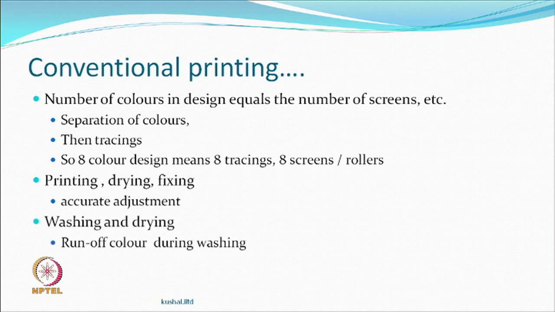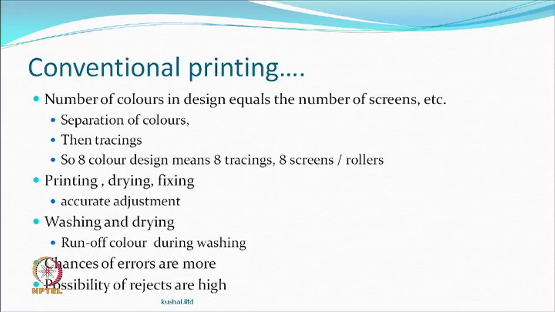Then washing and drying, of course, has to be done. The runoff color during this whole process, you have to be very careful on that, so that it does not go to the areas where you are not supposed to have that color. And then of course, drying, that is, if nothing else, energy of course is there. So, there are chances of errors in almost every step that you make, because errors only get added, there is nothing called a subtraction of errors, and therefore, it becomes a more and more complex and difficult process.